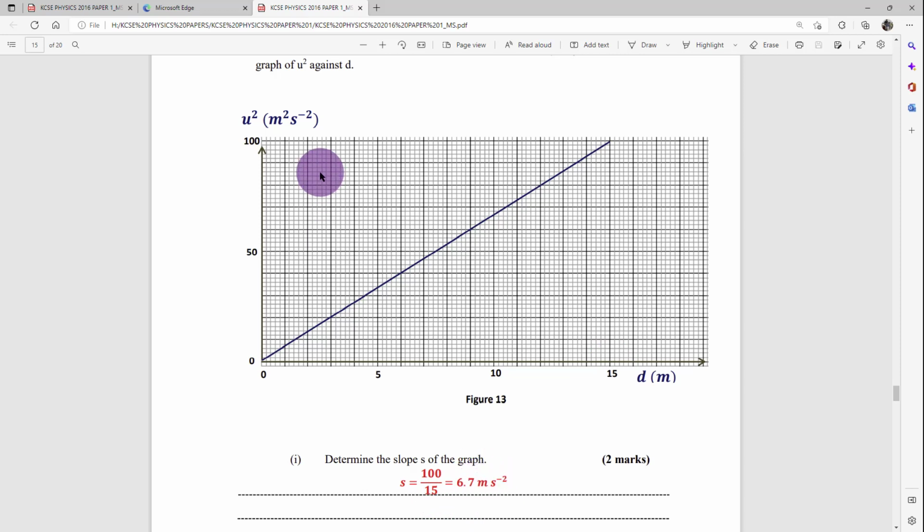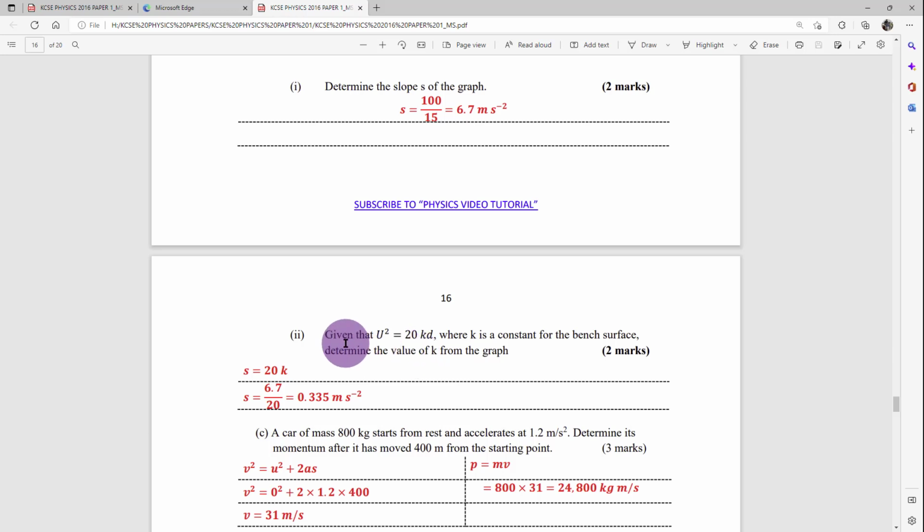Why meters per second squared? This is meters squared per second squared. When I divide by meters, I get meters per second squared, which is some kind of acceleration. After that, we are told that given that u squared is equal to 20kd, again, you can see